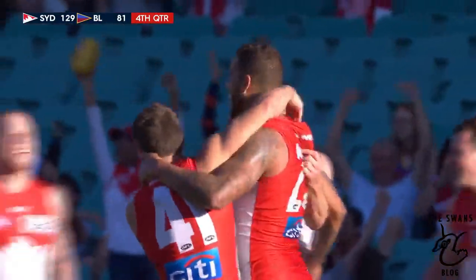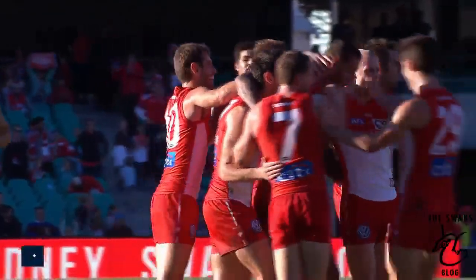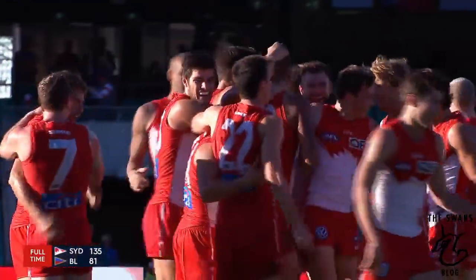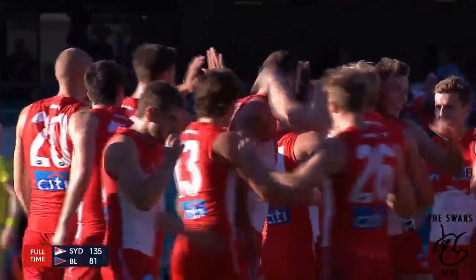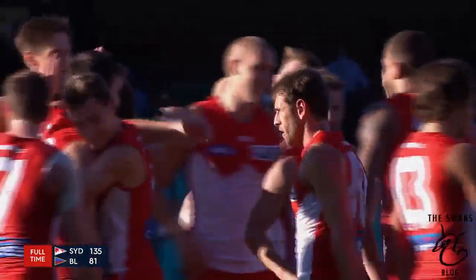The siren sounds on the Swans' first win. They've had to wait 7 weeks longer than they thought, but the great Buddy Franklin has led the way. Another fantastic display. It's our pleasure to watch you, Bud. 8 great goals, and on a crazy weekend of football, the bottom team has had a